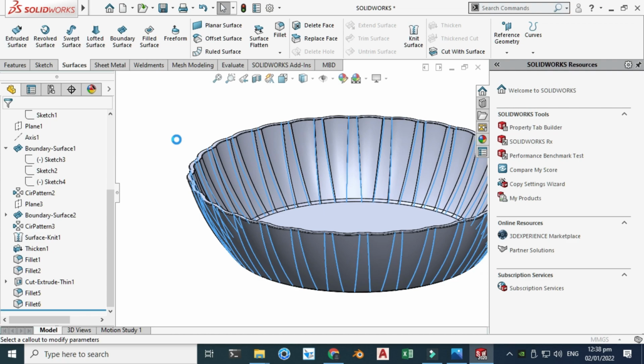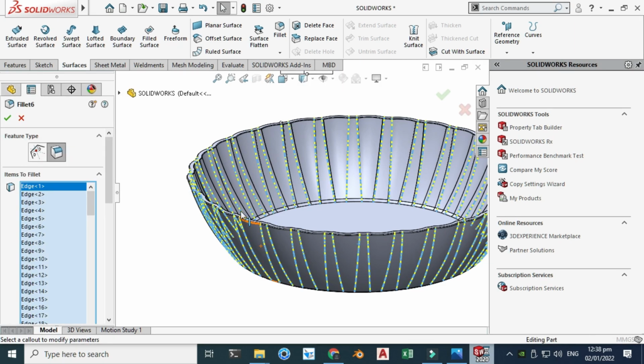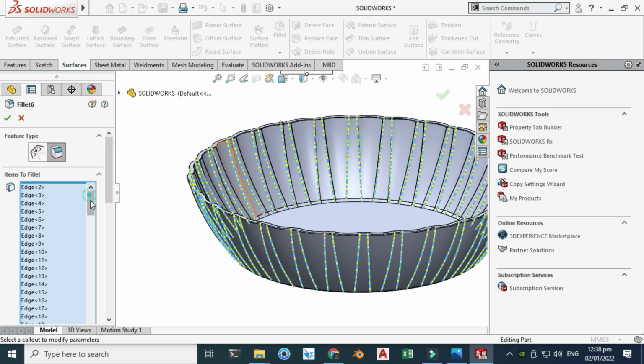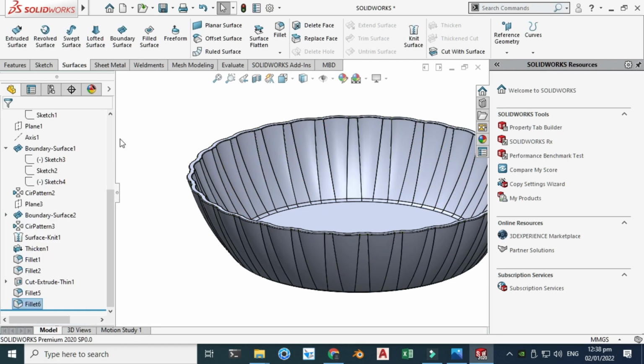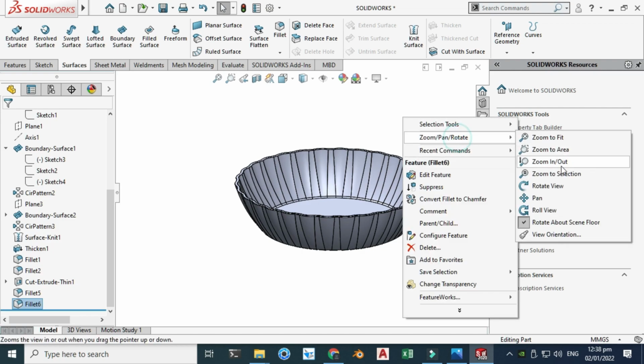It is calculating. Okay, 0.25 radius at these edges, right? You can see that. You can see all these edges. It's 119 edges. Let's cancel this, and now we are done with this